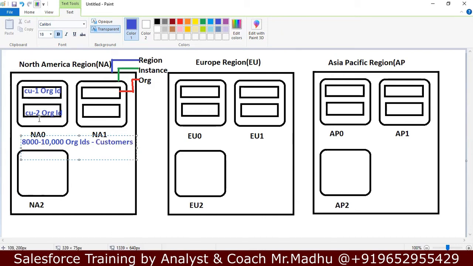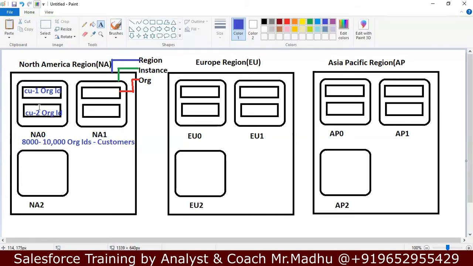In each instance, they allocate memory space for 8,000 to 10,000 customers. Now it is full. This server is full because 10,000 customers came. They have created args for 10,000 customers. 10,000 argIDs are generated in the NA01 server.